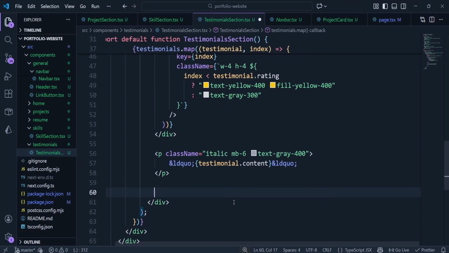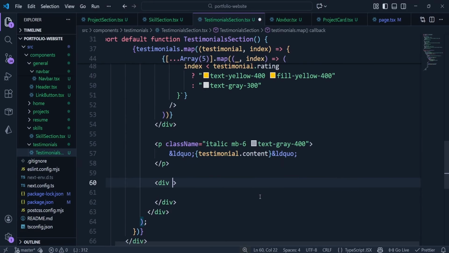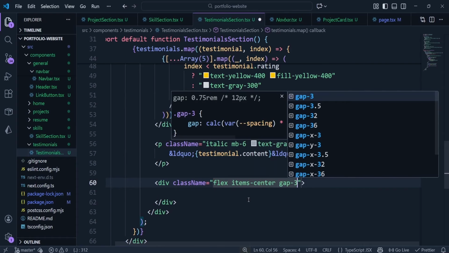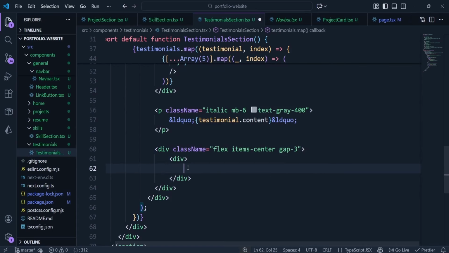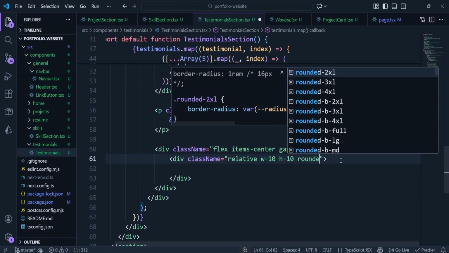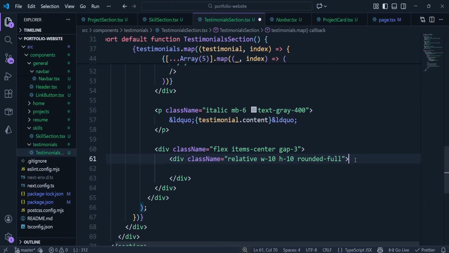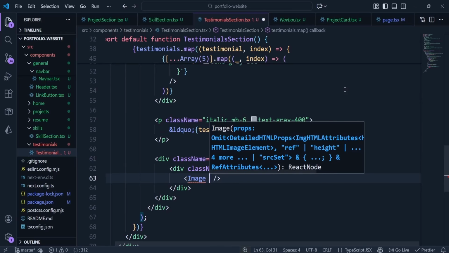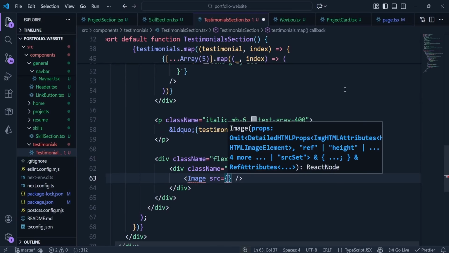After that, I'm going to create a div. I give this div some Tailwind class. I'll give it a display of flex, items center, and a gap of 3. In here, we're going to create a div which is going to wrap around the image tag. Give it a Tailwind class of relative, a width of 10, a height of 10, rounded of 4. And then here I'm going to call an image tag. Get that from next image. The src is going to be testimonial